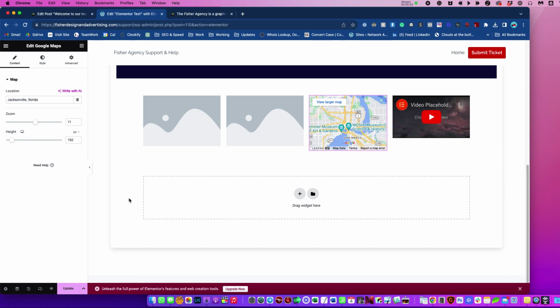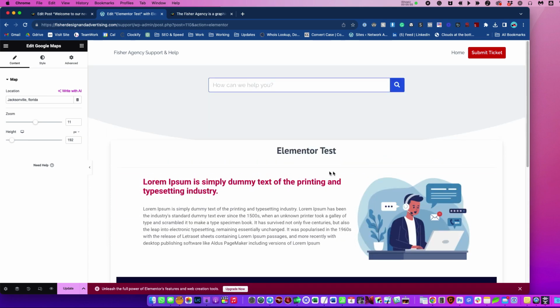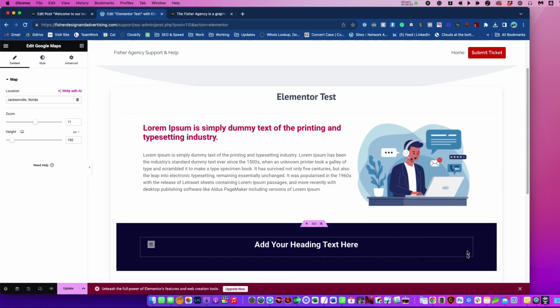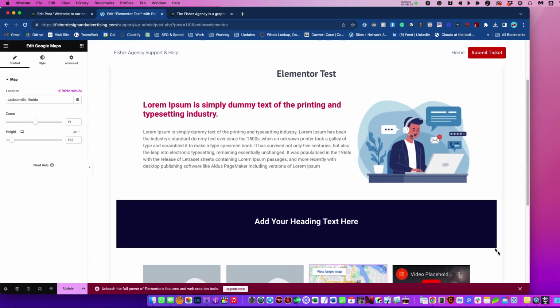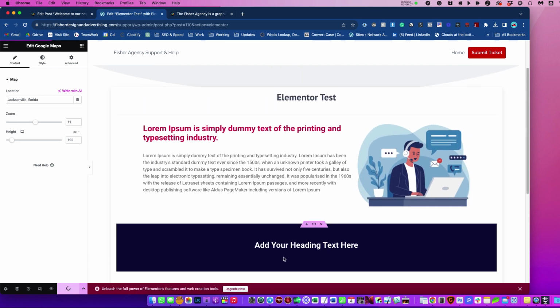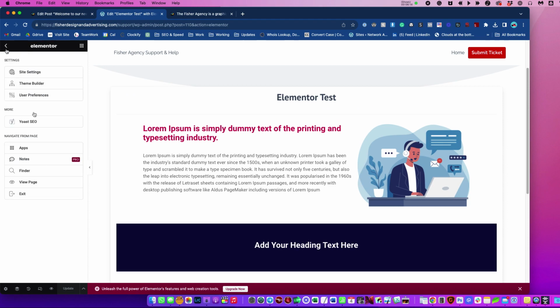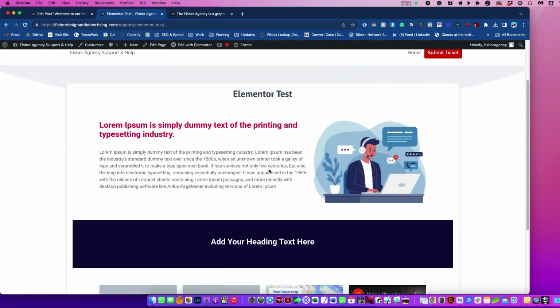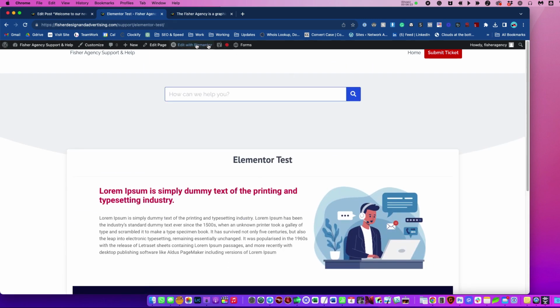After you are happy, because what you see here is what you get when the page is published. So if you are happy with this preview, you can click update and it will go live. Now you can click this little button, click view page, and you can view the page. So this page is basically live. If you see a mistake, you can click again, edit with Elementor,